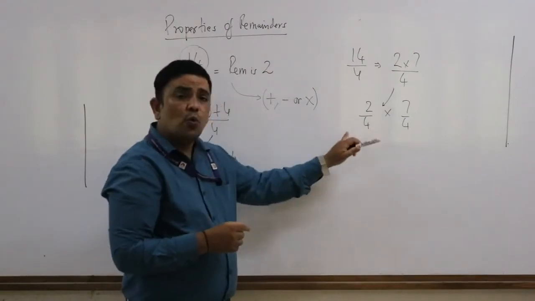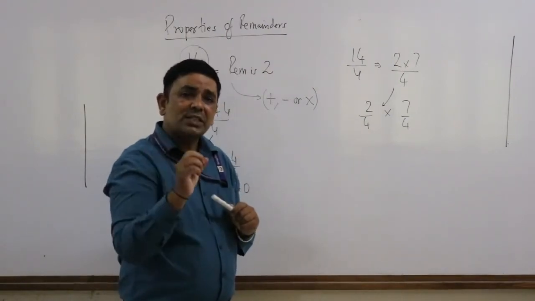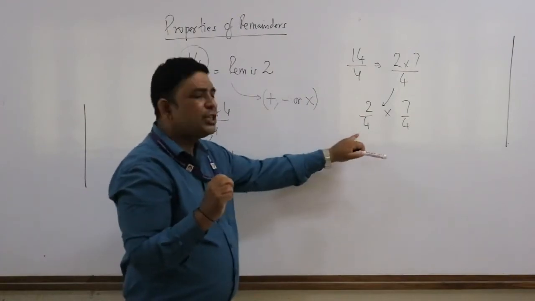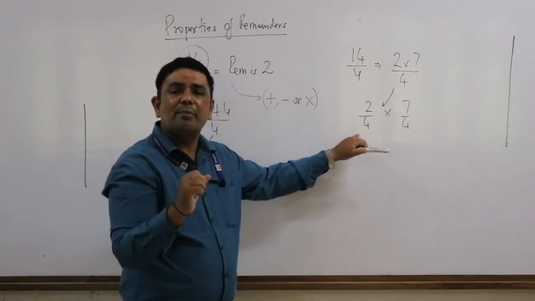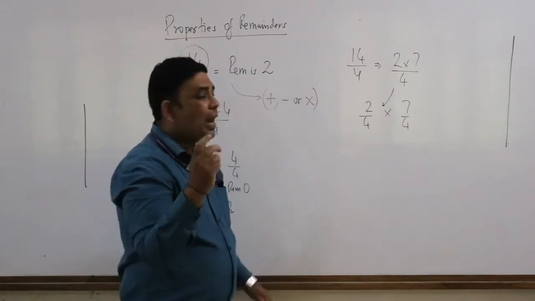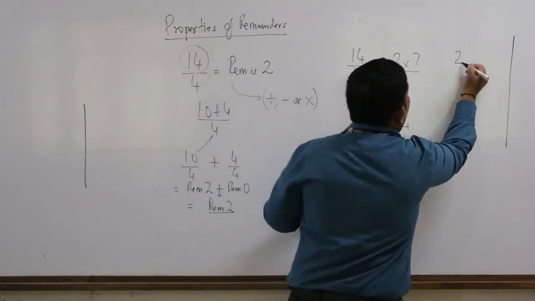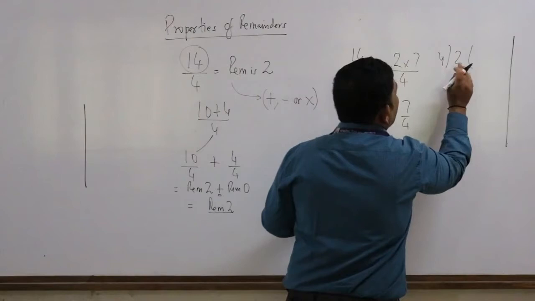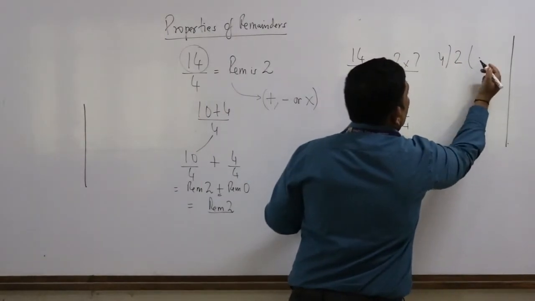What is the remainder when 2 is divided by 4? When this question is asked, many students respond by saying that the remainder when 2 is divided by 4 is 0. And when they are further probed how the remainder can be 0, then they say: 2 divided by 4, it is not possible.